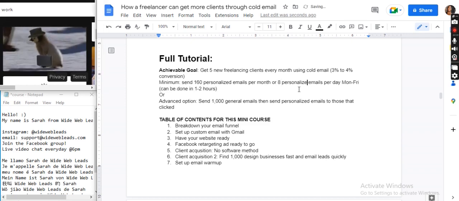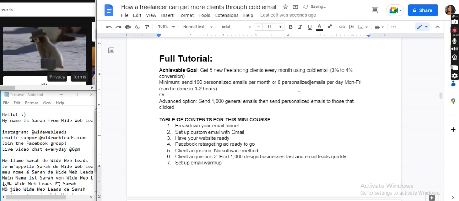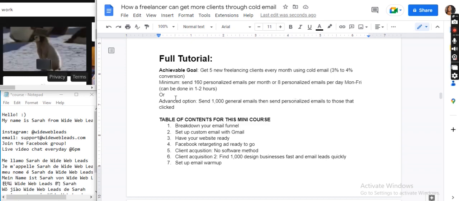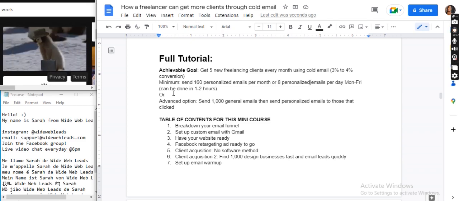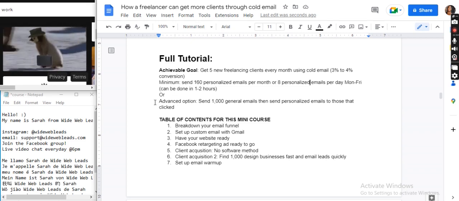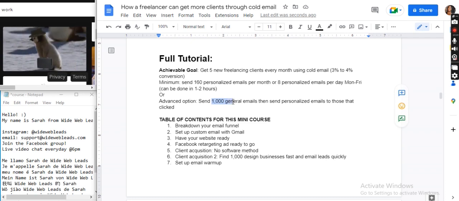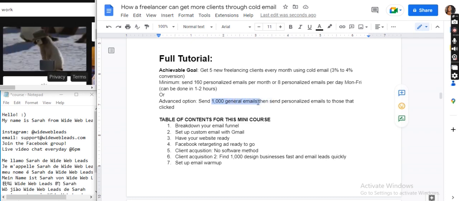And why does it have to be personalized? Well, if you're a new business, and you are, okay, like I said, I'll get to that later. I keep jumping the gun. But you know what? Maybe I should just get it out of the way now. So, okay. Yes, you can send 1,000 generic emails instead of sending 160 personalized emails per month. You can, all right? But